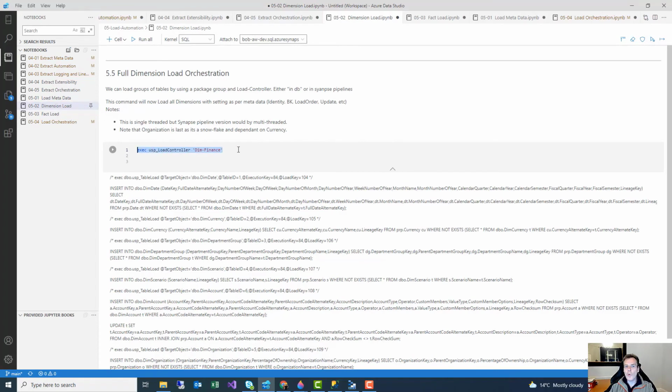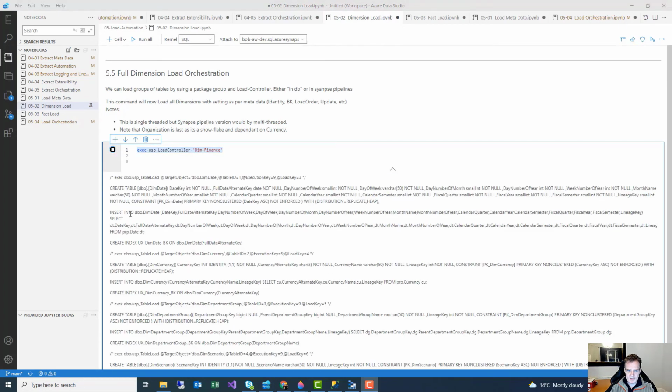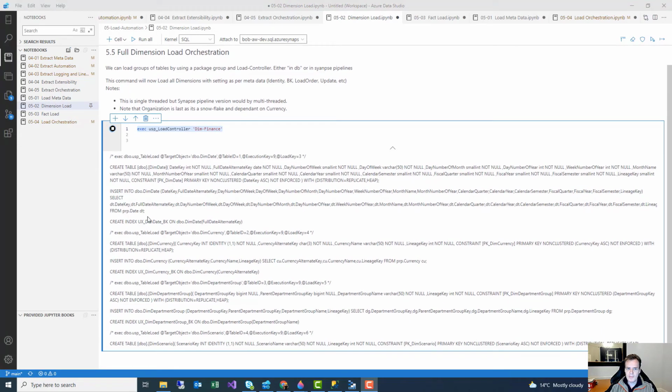So we've done the dimensions, and I can now write a load controller for the dimensions to say, well, let's do all of the dimensions at once. So let's just run this just to get all my dimensions loaded, and then we'll move on to the more complex facts. There we go, so that's finished now. It's now created all of my dimensions, it's populated them with all the data and stages,